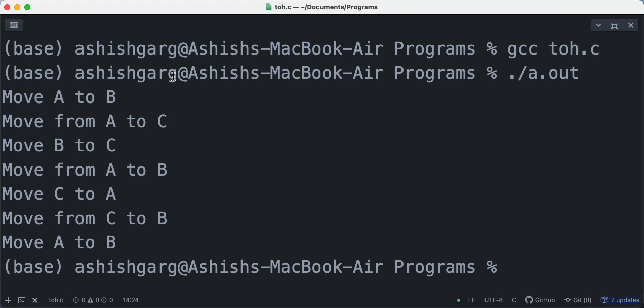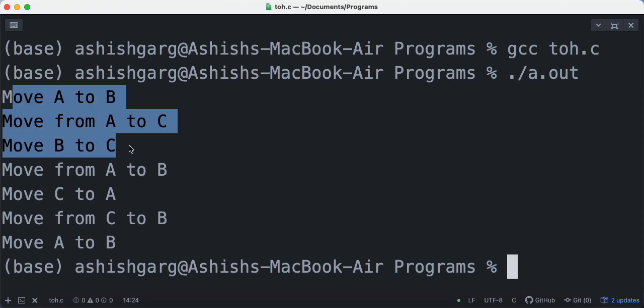Because C is auxiliary right now, and on the C we are moving the smaller disk. So by using these 3 steps, A to B, A to C, then B to C, we have moved the first 2 disks from A to the auxiliary tower.